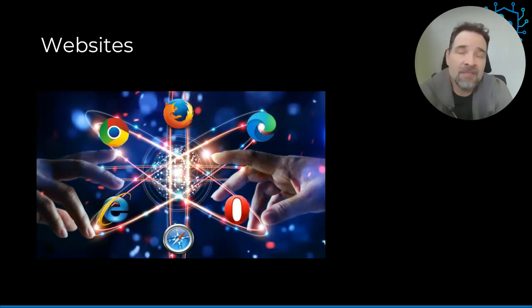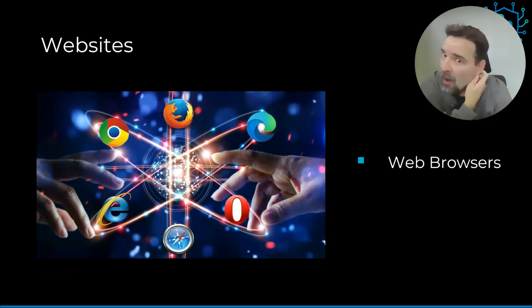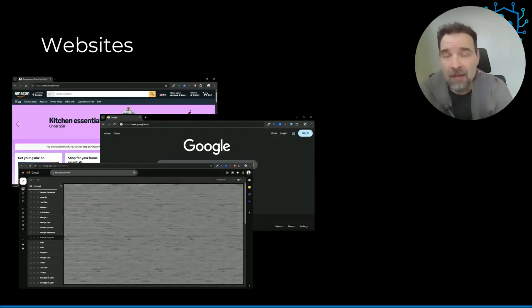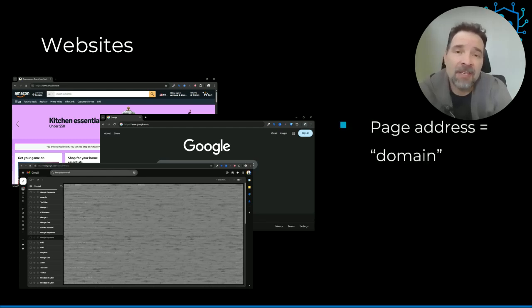To access a website, you need a browser, right? What we call a web browser. And there are many different web browsers nowadays, different browsers for mobile phones and laptops and tablets. And when you access a website, what you're accessing actually is a domain, right?